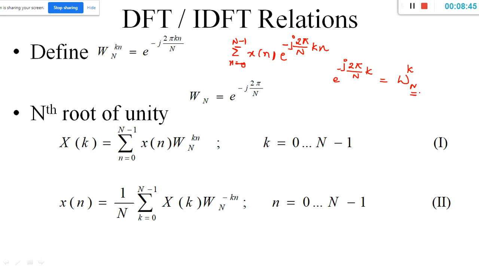So DTFT is a continuous signal. From the continuous signal I am trying to obtain some samples, and in turn I am calling those samples discrete samples, and they are obtained by the calculation of DFT. So hence I call those samples an N point DFT.